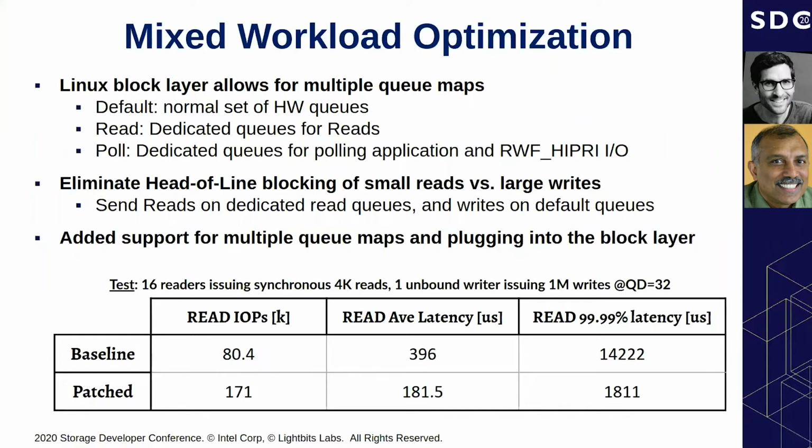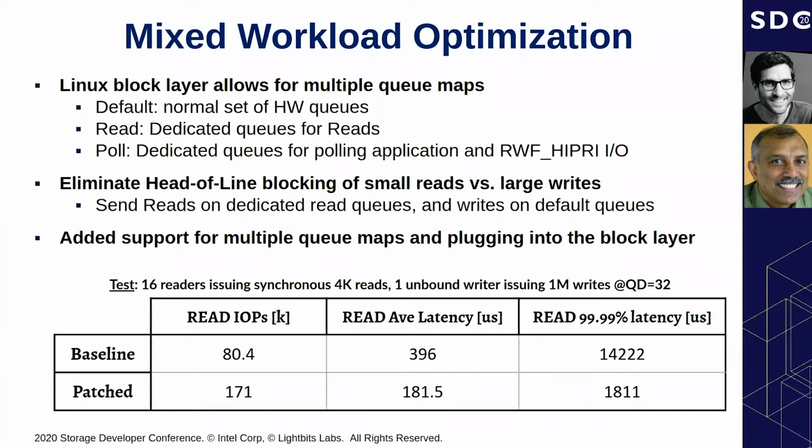So in the baseline, we see that you get around 80K IOPS for reads on these 16 readers. Average latency is almost 396 microseconds for a read request, and the 4 nines gets pretty bad when it gets all the way up to 14 milliseconds in this extreme case. Now, once we added support for these multiple queue maps and have dedicated read queues,